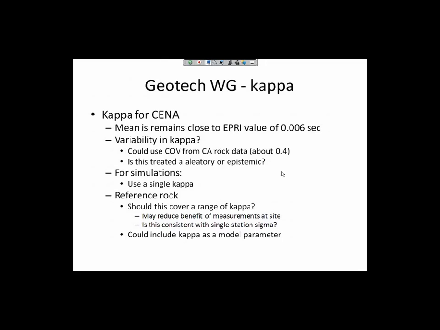The recommendation that we're getting, and I think it makes sense, is that we cover a range of kappas in the rocks, so that it's not something people have to try and go out and measure. The variability that we put into that range is then key. And so, Bob or Walt, do you have numbers that you would use on uncertainty in kappa, or let's just say the variability in kappa that we should be incorporating in that rock model?